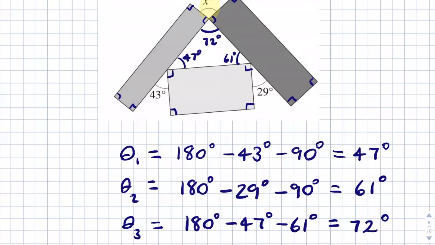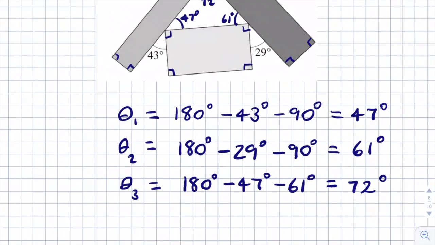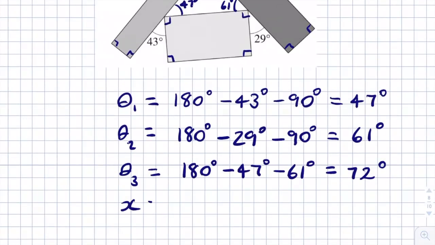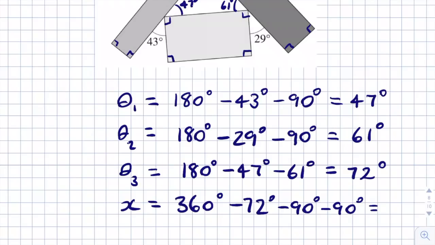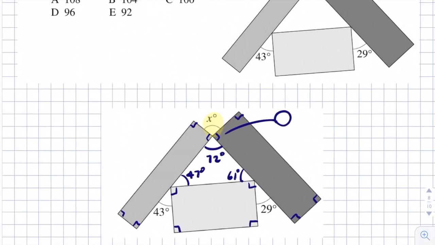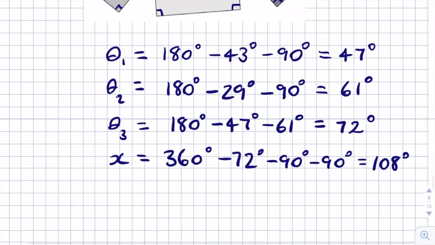and then the two 90-degree angles from the rectangles will all add up to 360 degrees because it forms a circle. So we can write an equation by saying that x is equal to 360, subtract 72, subtract 90, subtract 90. Well, that's the same as doing 360 take away 180, which is 180, and then 180 take away 72, which is 108. So that is x, and we've got an answer for 108, which is answer A. So therefore,